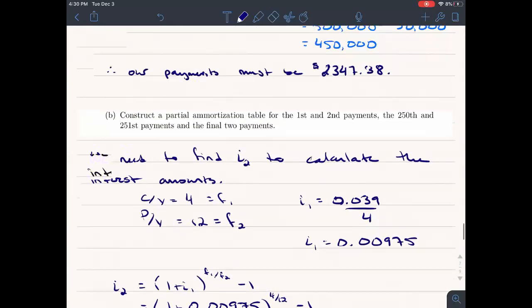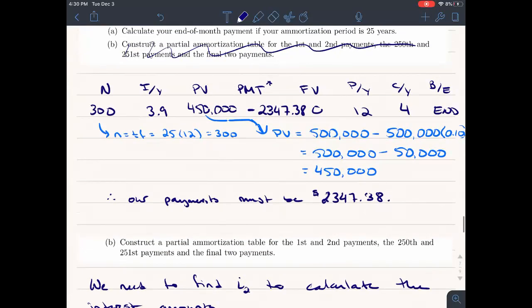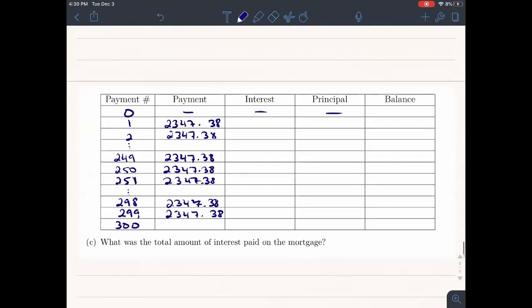All right. So our 0 balance is 450,000. That's our present value. 450,000 is our original balance. That's the balance that we have to pay interest on, and so we take that balance and multiply it by I2. So times 450,000. Rounding properly to 2 decimal places right away, the amount of interest that we have to pay is 1,457.77,